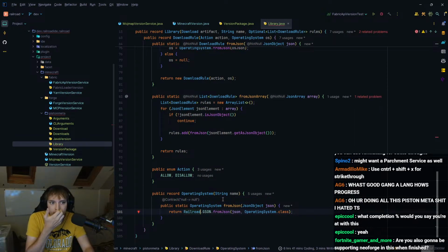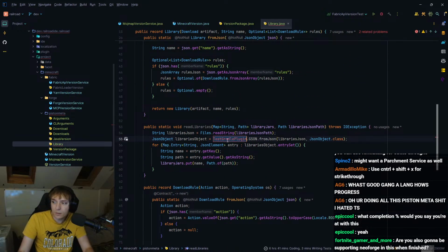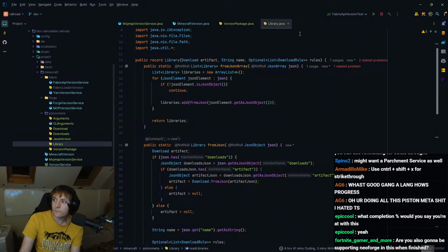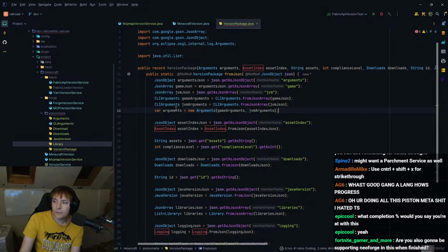Are you also going to be supporting Neoforge in this when finished? Yes, that is the plan. I personally don't know much about Neoforge in terms of the setup stuff. Last I checked, you have to download a zip from GitHub, which will not work if we have to do that.